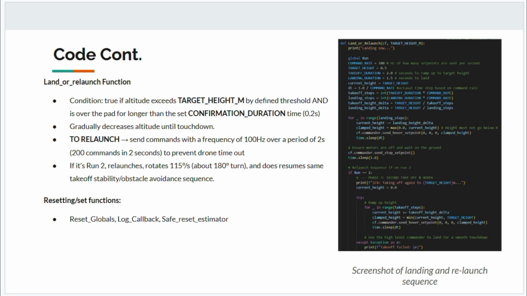Now, the obstacle avoidance loop will break if the target height is exceeded by a certain threshold and the drone is over the pad for a certain duration of time, about 0.2 seconds. Then, the loop breaks and we go into the land and relaunch function where we gradually decrease the altitude until